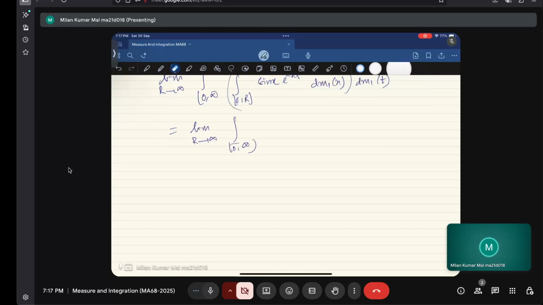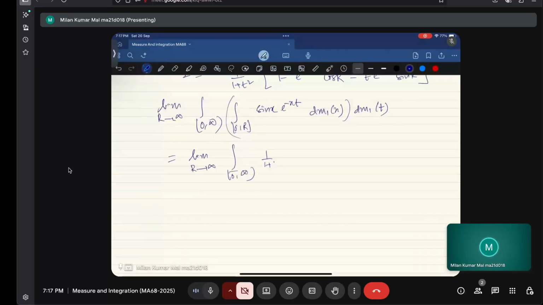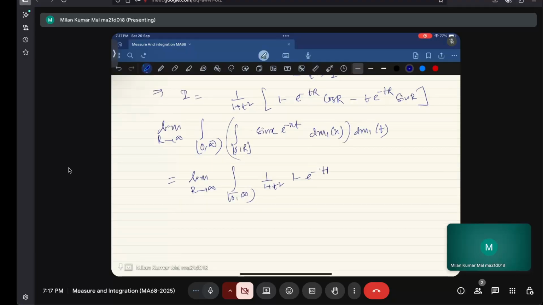This is not the closed interval, this is the open interval, and this one has the value 1 by 1 plus t square, 1 minus e to the power minus tr cos r minus t sin r e to the power minus tr. So this is what it is, and dm1t. Okay, now what you can do here is that,